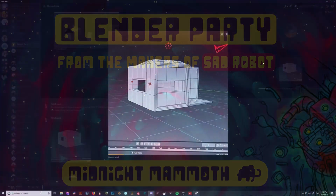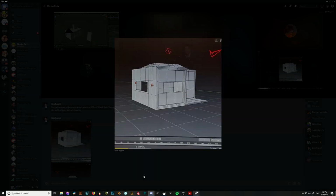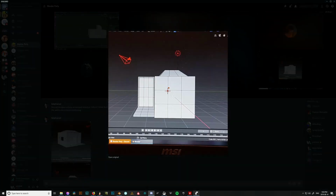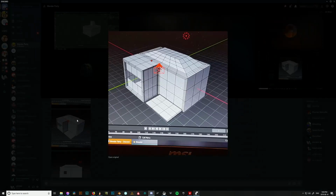Yeah, there we go. Okay, so this is a kind of a modern house. Very nice, very nice. It's a good use of extrusions. There's definitely ways we can take out some polys, and I'll actually be talking about that today, so